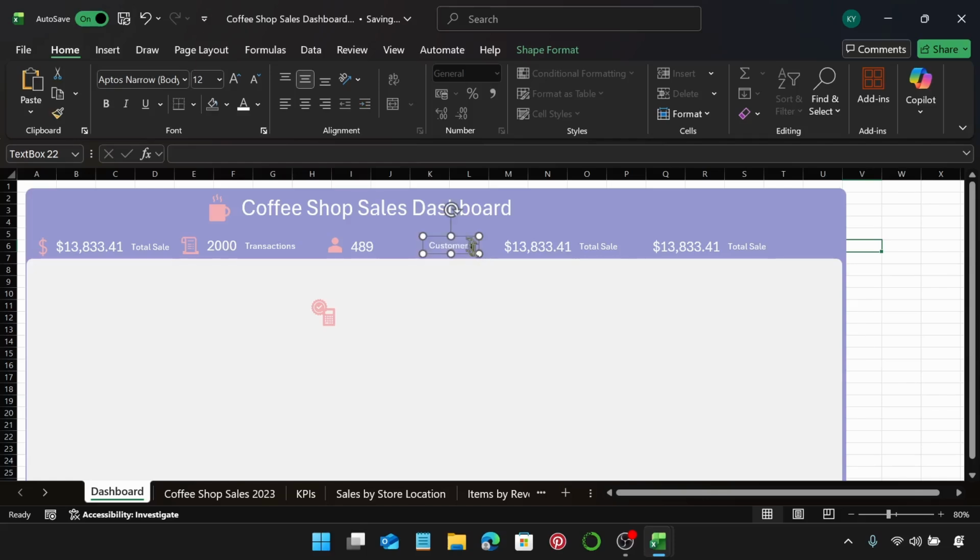Going to increase the width a bit. I'm going to bring this closer like this,